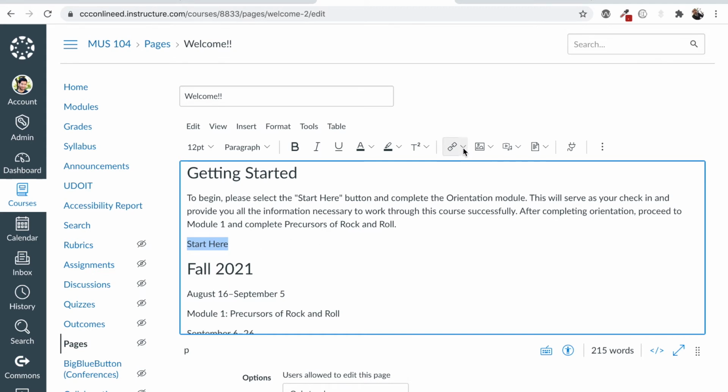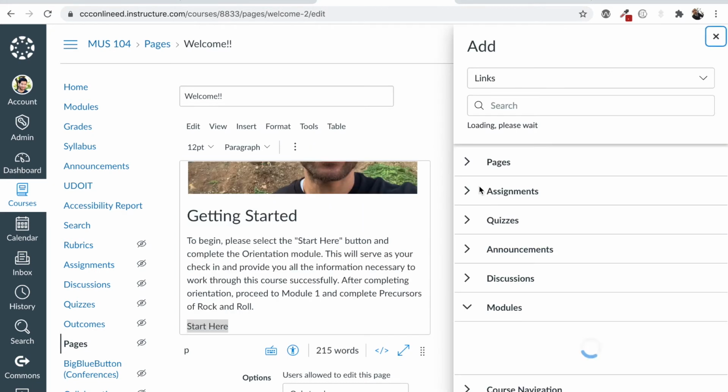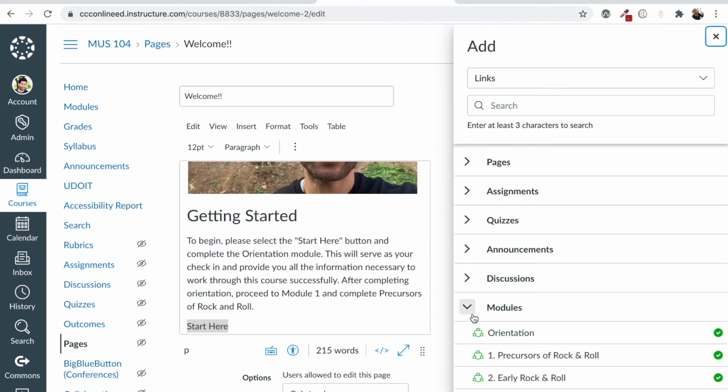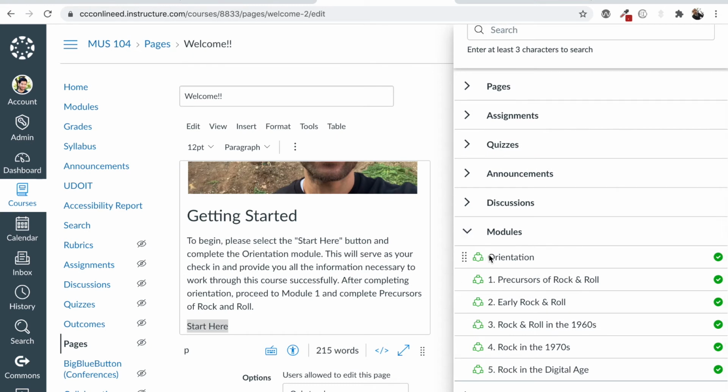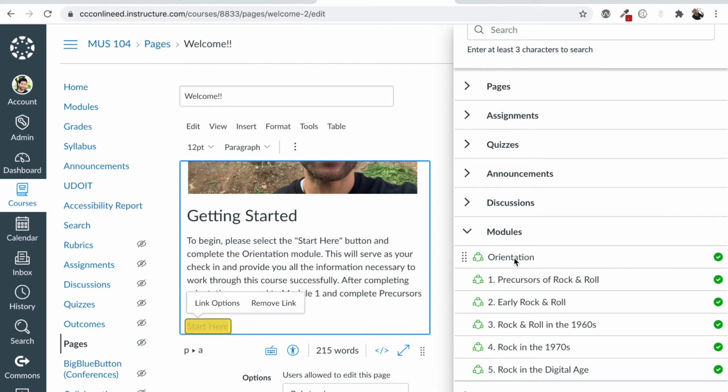And now I'm going to use the link tool and the chevron to the right of the icon. I am going to select Course Links because what I'm actually going to link them to is a module. I'm going to link them to the orientation module under the modules group. So I go ahead and select that.